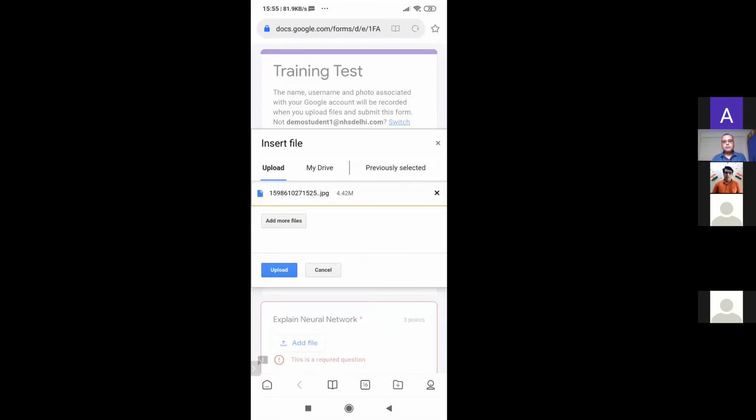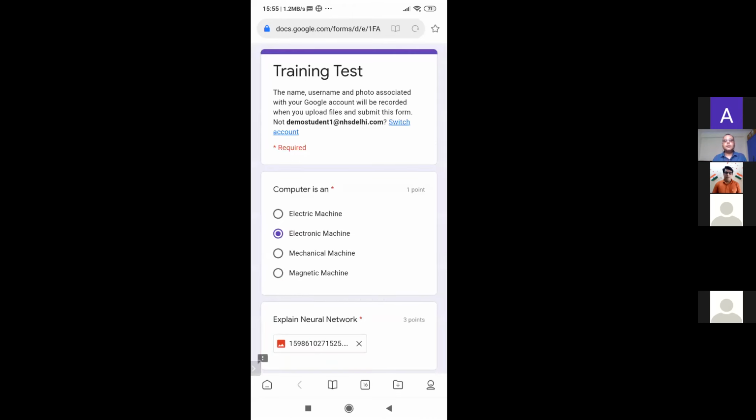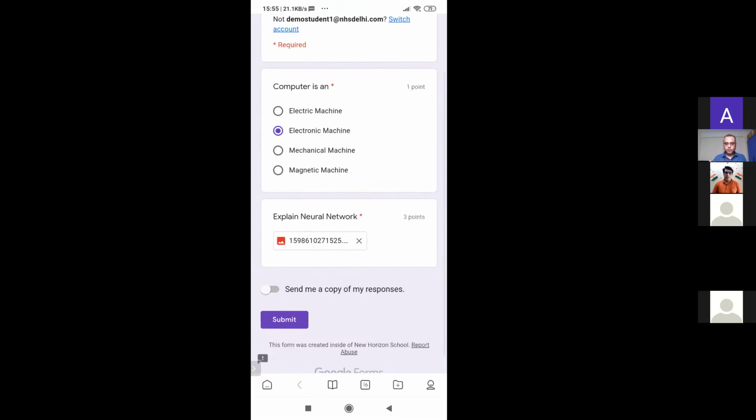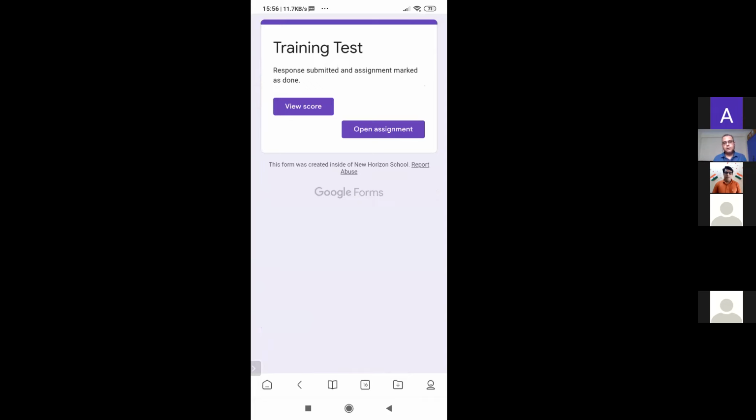and this file appears in this upload dialog box, and I'll tap on upload button now, and it is uploading, and you can see the process. So the file is uploading and the file is uploaded. So this answer is uploaded. I have uploaded my answer, and now I'm going to tap on submit button, and my test is submitted. So it is such a simple process to attempt examination using Google Form.